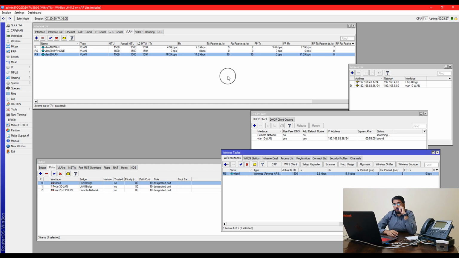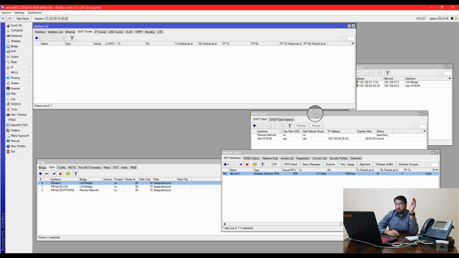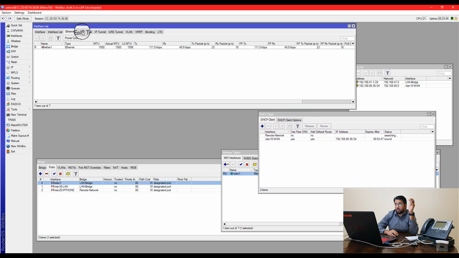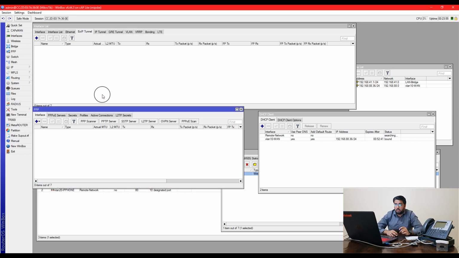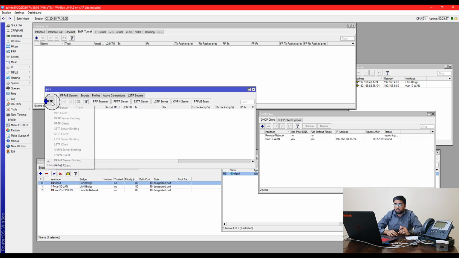Okay, now VLAN 10 for WAN is configured, VLAN 30 for LAN is configured. All this is on a single Mikrotik interface. Now the next step is to configure the IP phone VLAN and connect the Ethernet over IP tunnel to our remote router. So for that we need to create a new